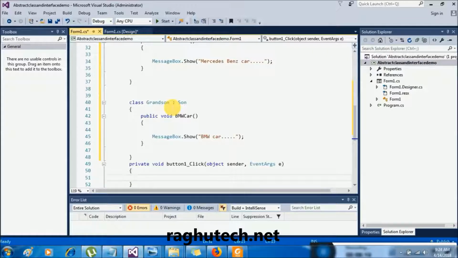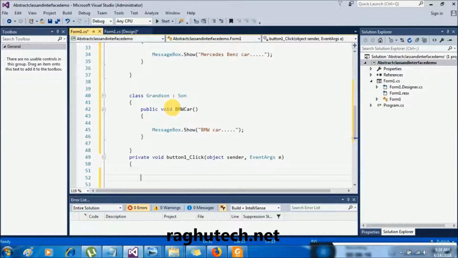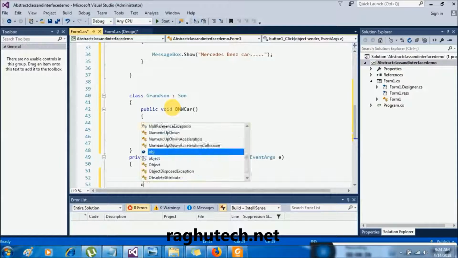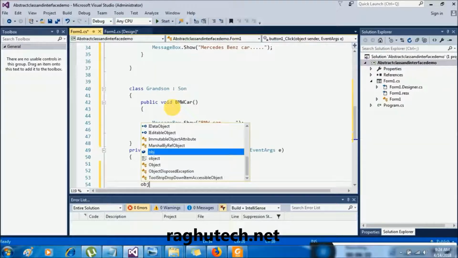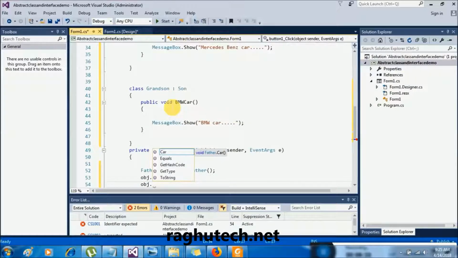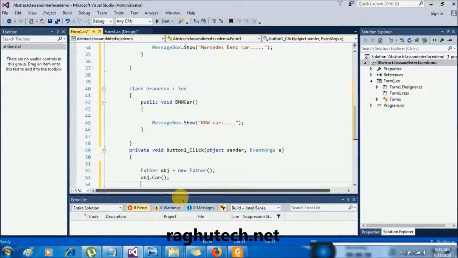So now, using the base class object. The base class is what? Say Father's object I am creating: obj is equal to new Father. Using the base class object, can I call a subclass function? No, I can use only my car. I cannot use the Mercedes Benz car. First of all, it is not even showing. Even though I cannot use my son's car or my grandson's car,